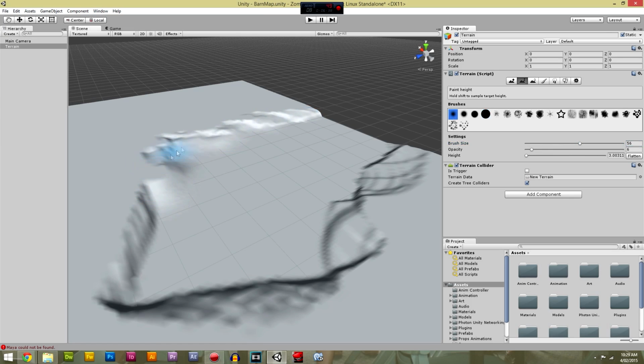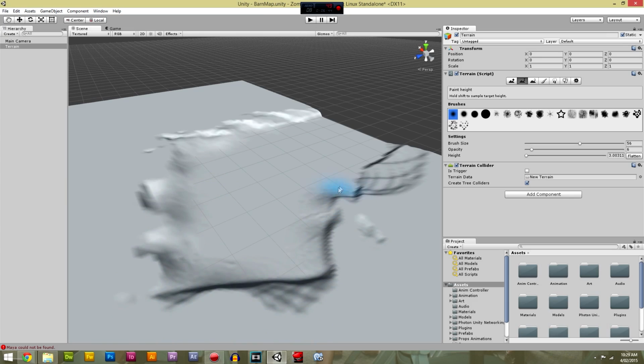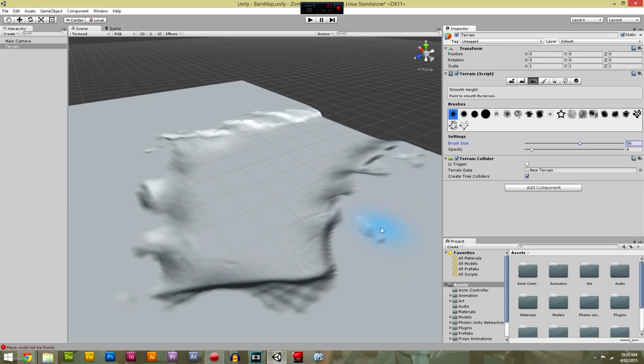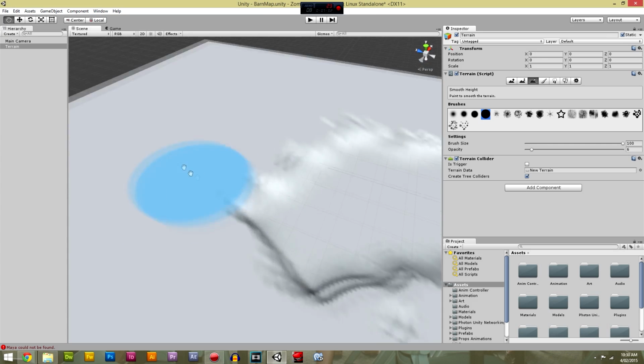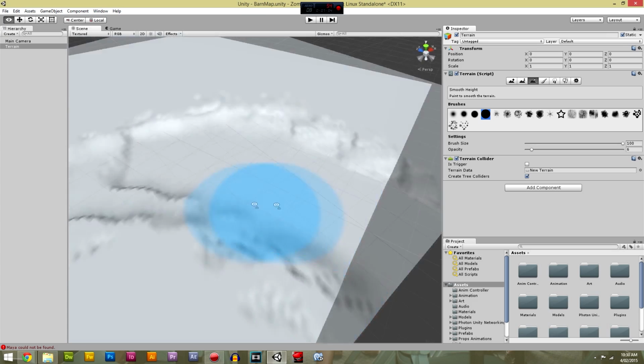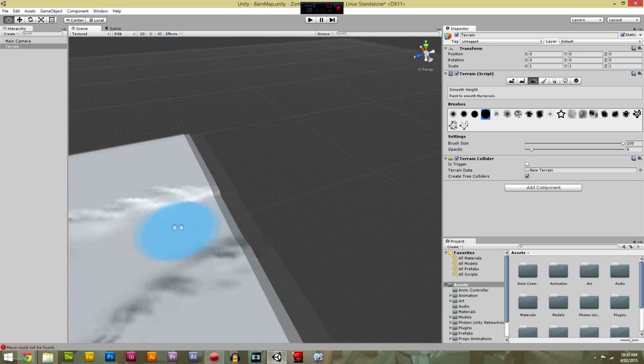Just sort of make something around here, just so that it's not really a rigid edge or anything like that. So we'll smooth that one out again, make that big, and that's sort of fine. I like that. Okay, that's a big river, but